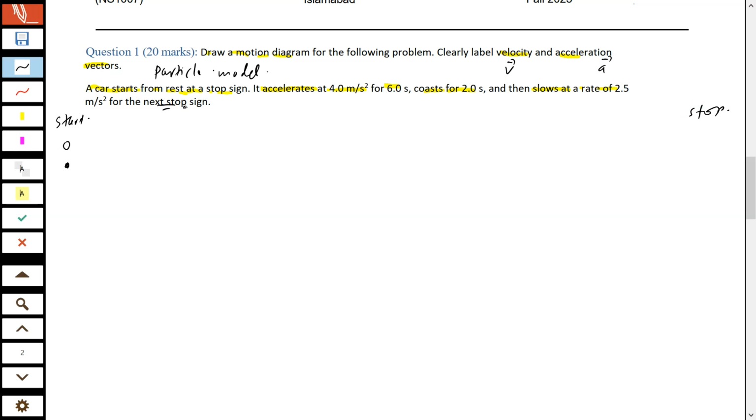So you can clearly see from the description that this motion can be divided into three parts. Speeding up, where it accelerates, then coasts, constant zero acceleration, and here it slows down. So let's gather some information before we get into this. It will be nice to have a table